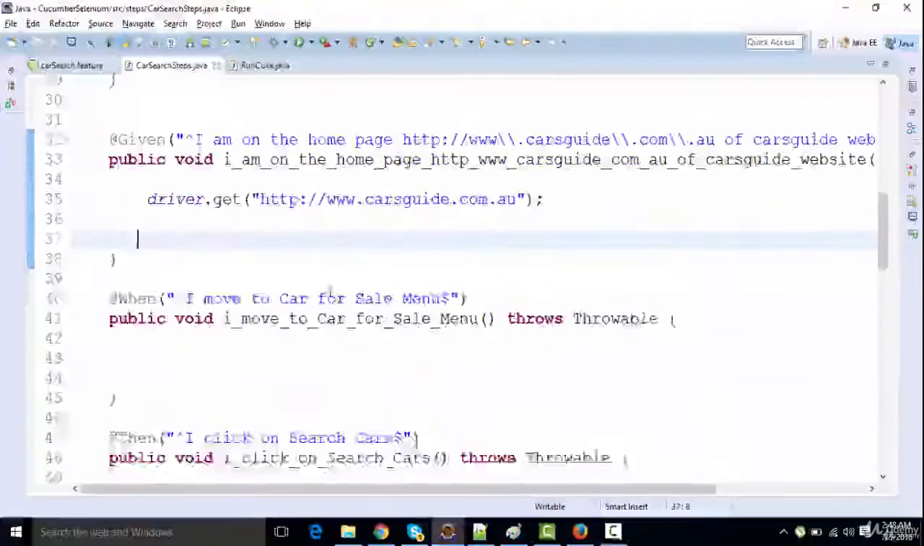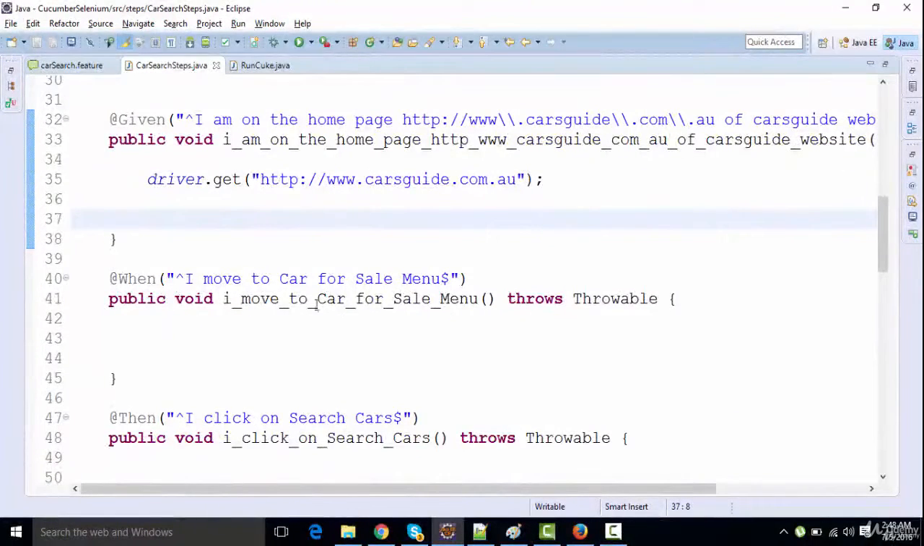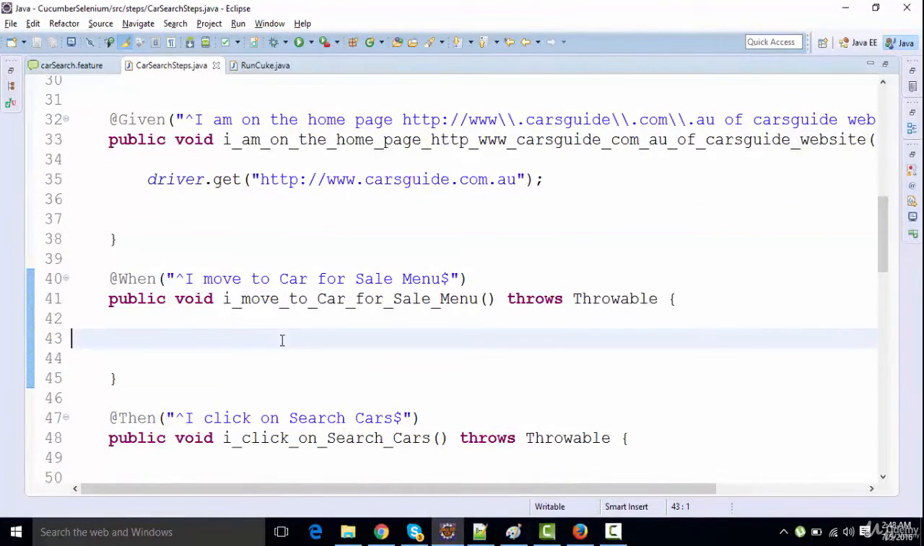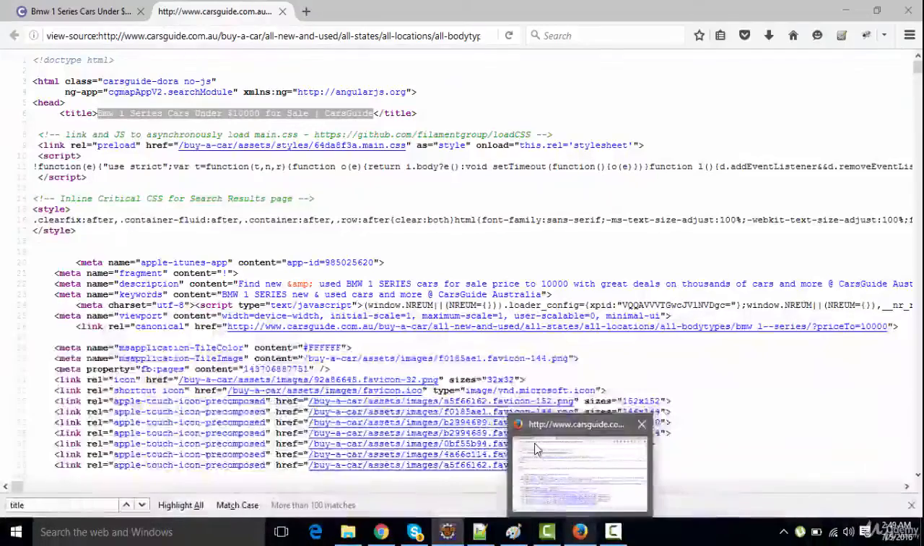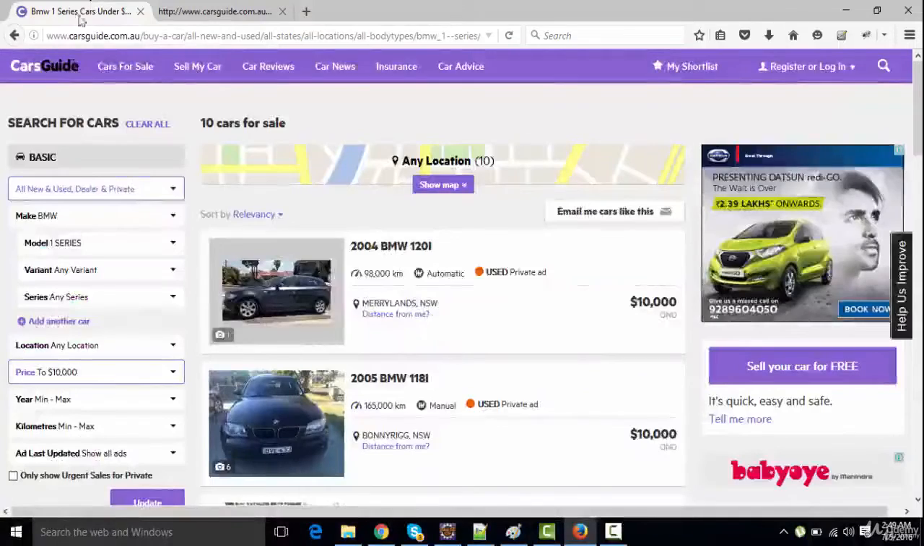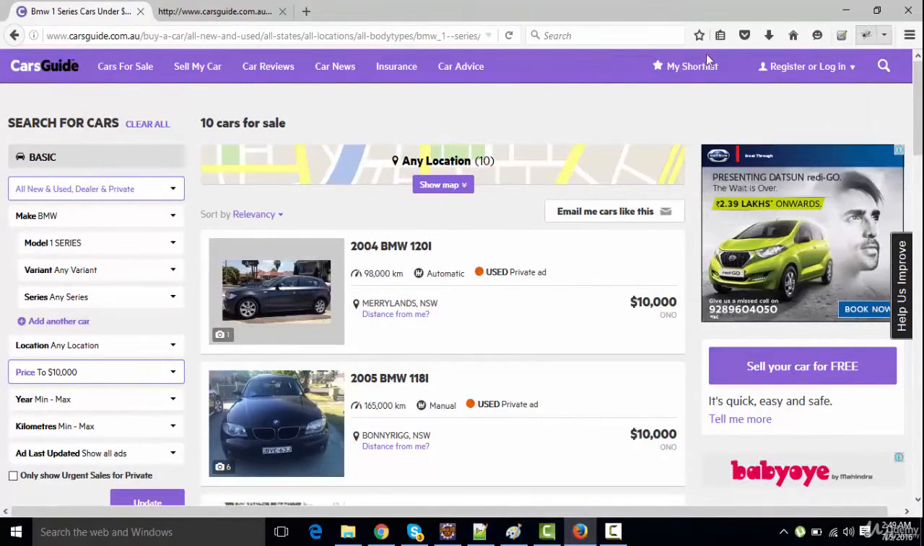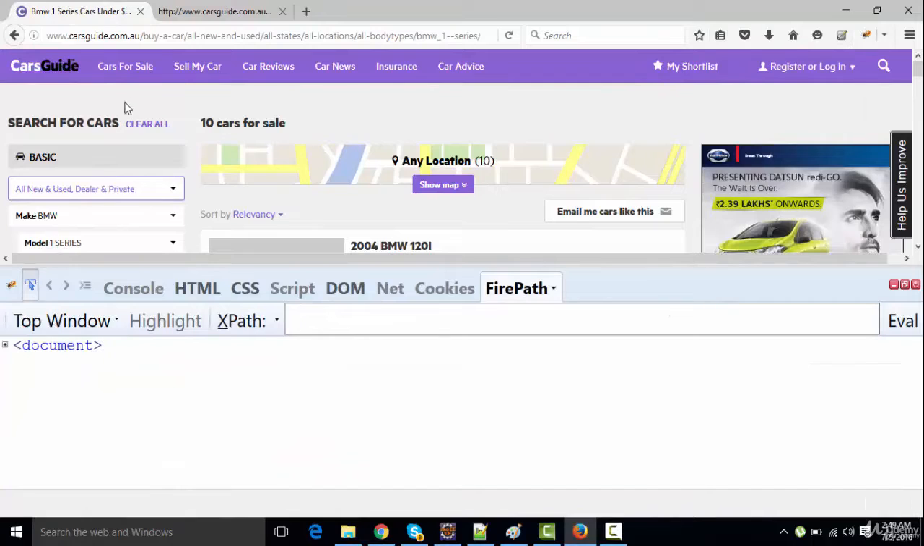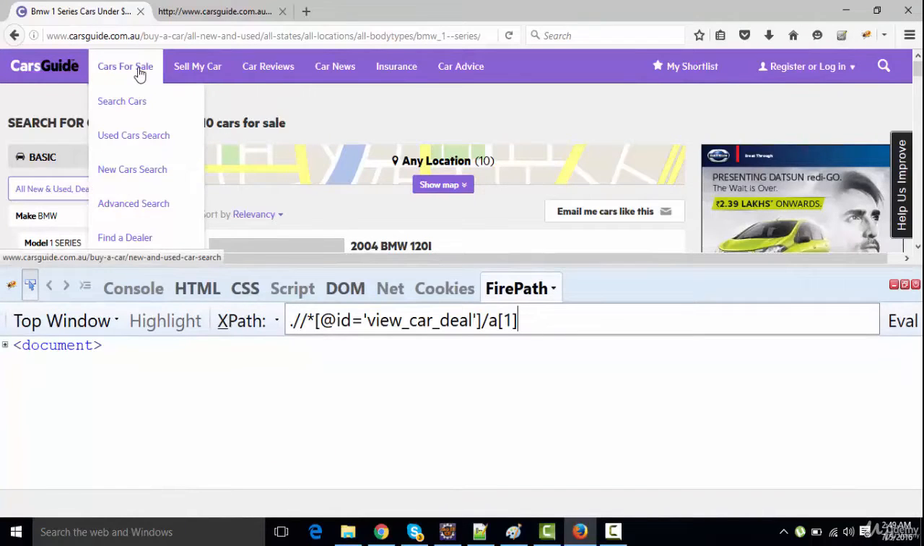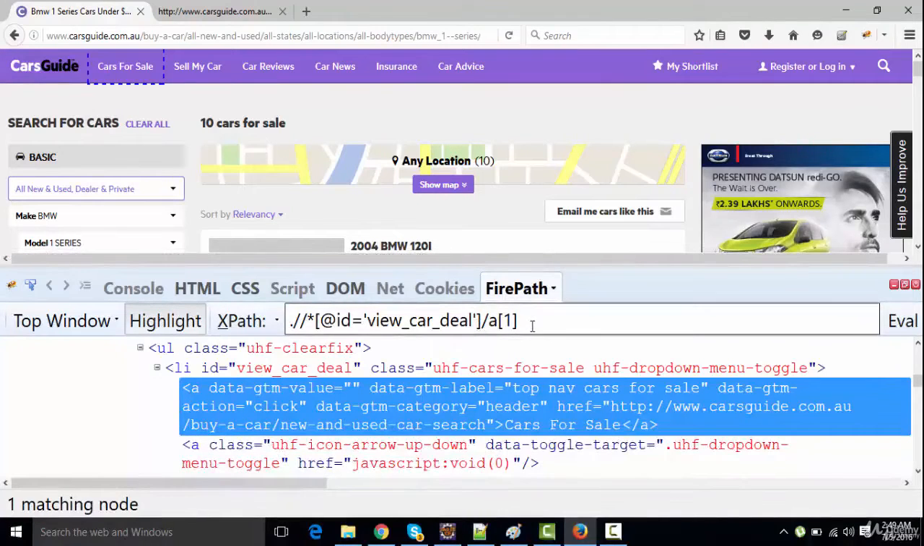So the next step is for moving to the sales menu. Now, in order to do a mouse over onto this menu, if I again go over here, I need to do a mouse over on the cars for sale menu, right? So we'll first inspect this element, and I got this XPath, right? I'm going to take this XPath,